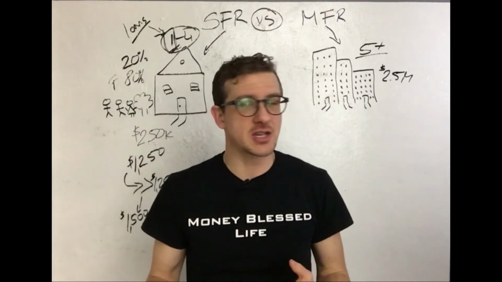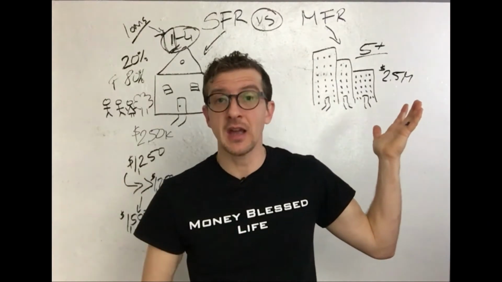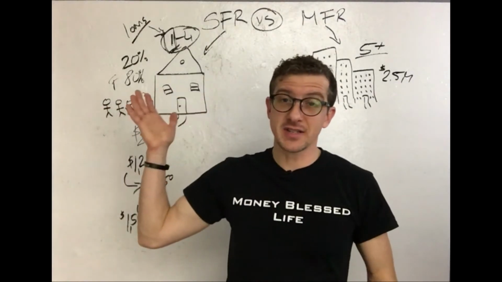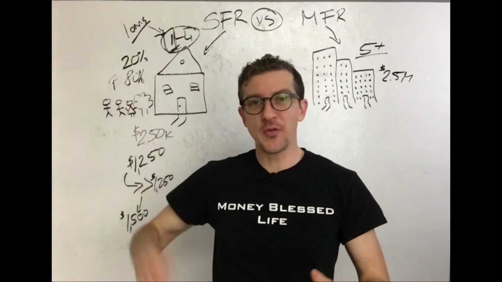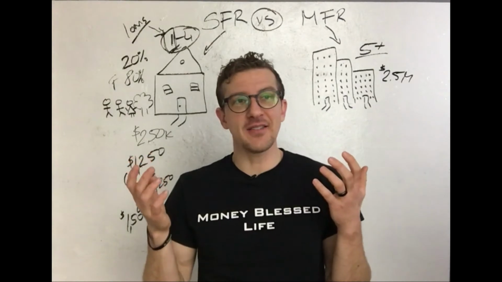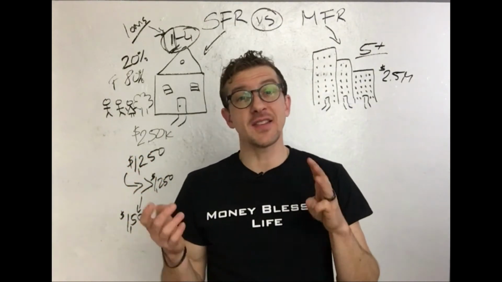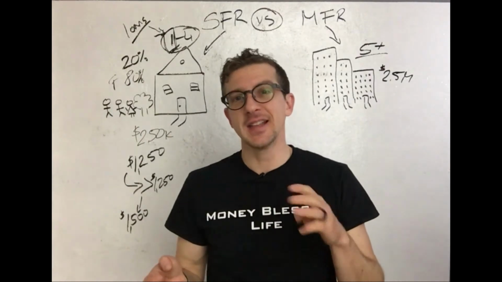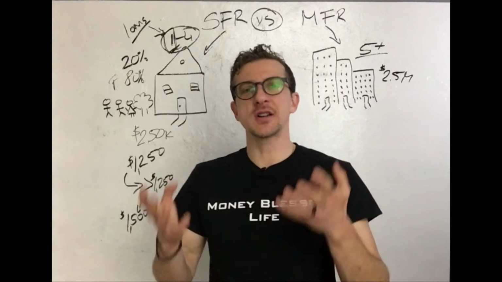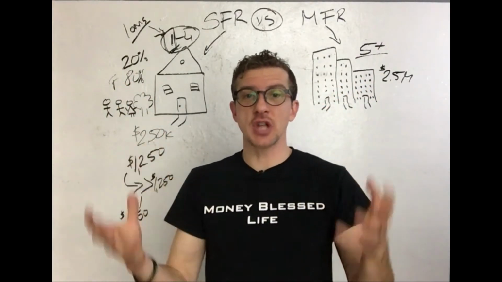What I have found in my experience is that getting a commercial loan for multifamily, meaning 5 units and up, is way easier than getting a residential loan that is 1 to 4 units. And silly enough, even if you go for a duplex, triplex, or a fourplex, I have found that it's easier to get a loan for those than it is for a single family home. But of course, the more units you have, the price keeps going up,